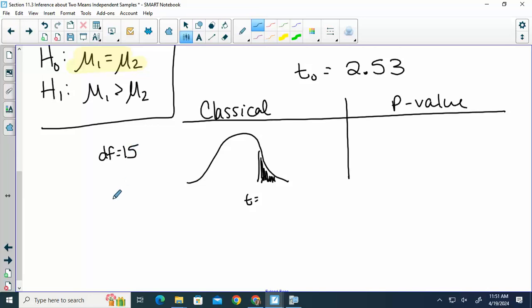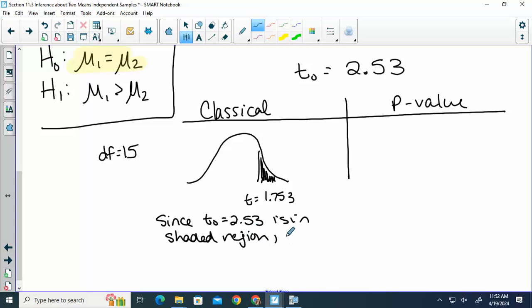So if we go to our T distribution, okay, 15 degrees of freedom, 0.05, then the t statistic is 1 point... Okay. Would 2.53 be in the shaded region? So if it's in the shaded region, we